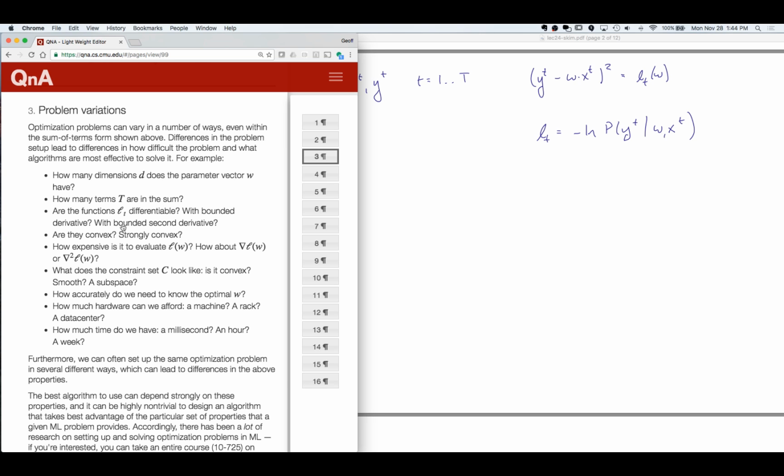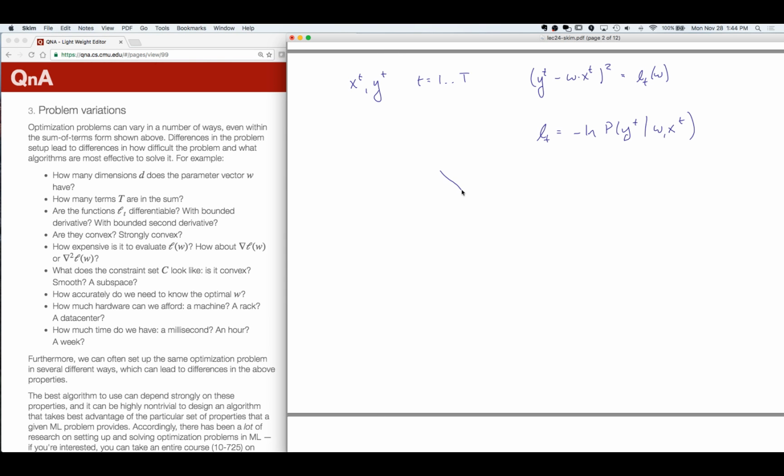Are the individual functions differentiable, the individual terms in the loss function? Can you describe the derivative somehow by putting a bound on the derivative or a bound on the second derivative? Is the function as a whole convex or strongly convex? Strongly convex means that